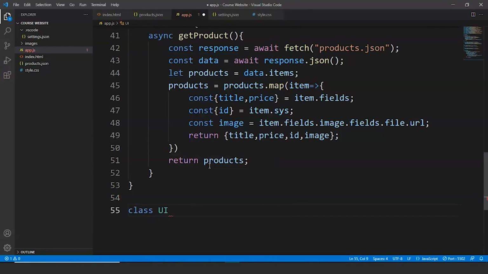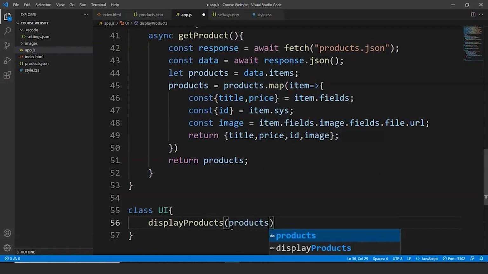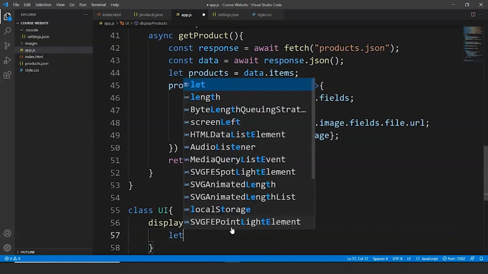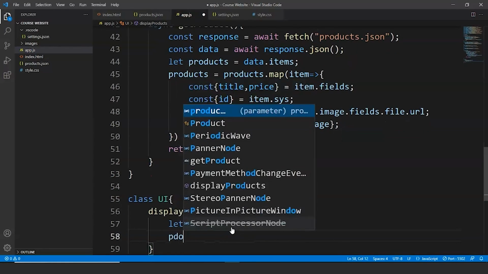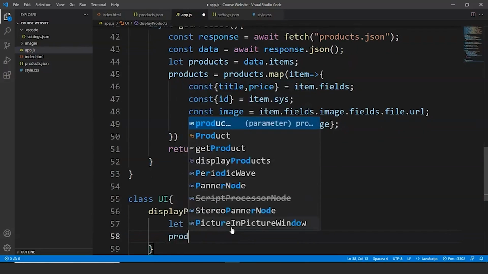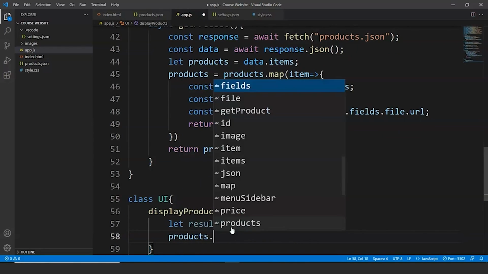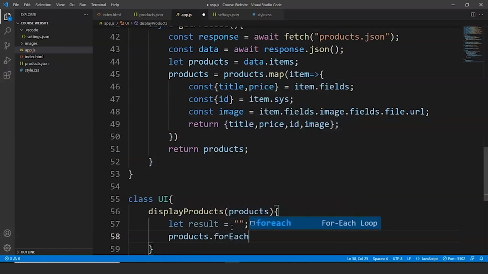Let's say the class name is UI, and we'll write here display products, and we'll write here products. Then inside this, let result be a variable, and we'll leave it empty over here. Next line we'll use the for each loop. So we'll write here products dot for each,